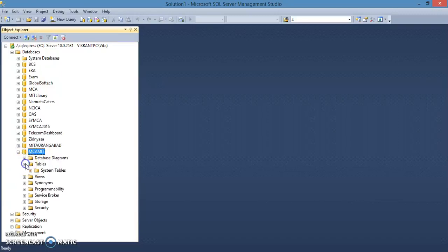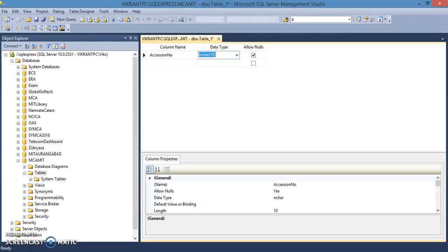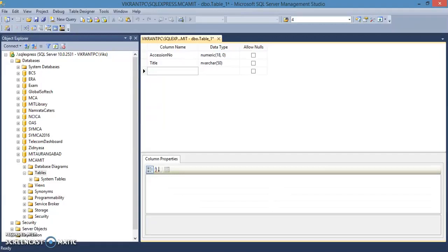Now let's create a small application for, let's say, a library management system where a student can issue a book. So let's create a table related to that. For example, if I create a table for bookmaster, I'll have an important primary key, that is accession number. Let's give this as numeric. We have a title of that book, so let's give this as nvarchar, and we have, let's say, author of that book. It's nvarchar,